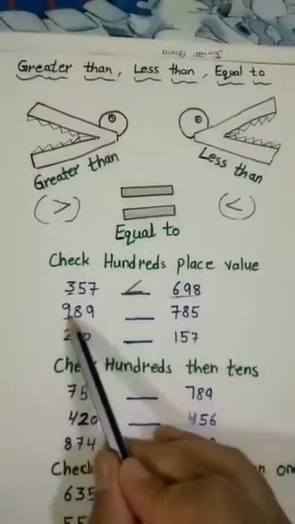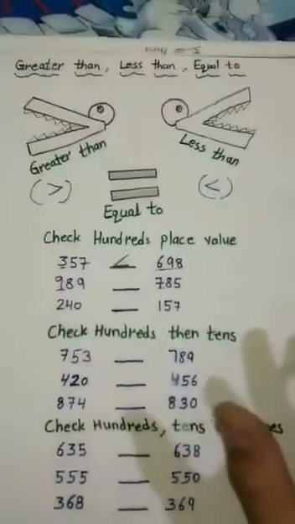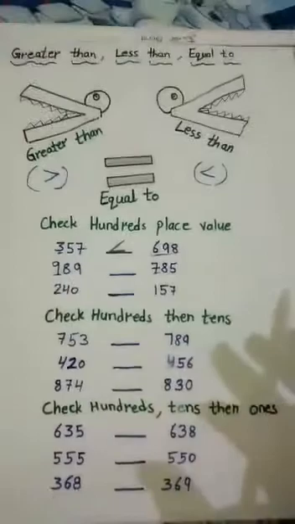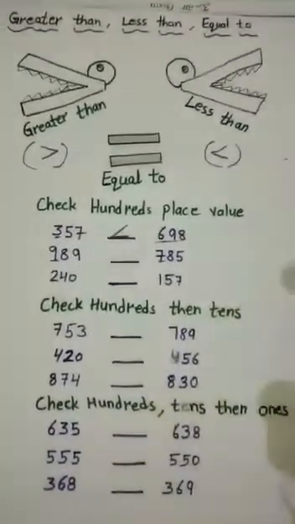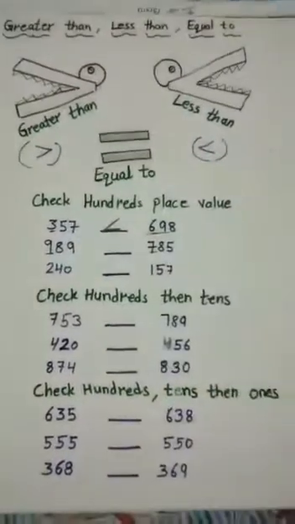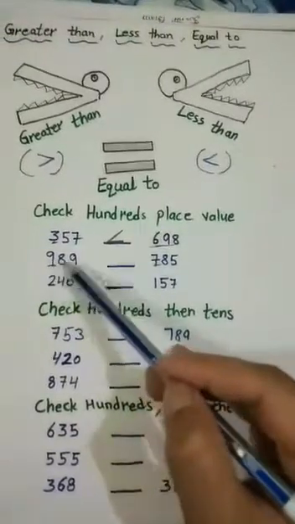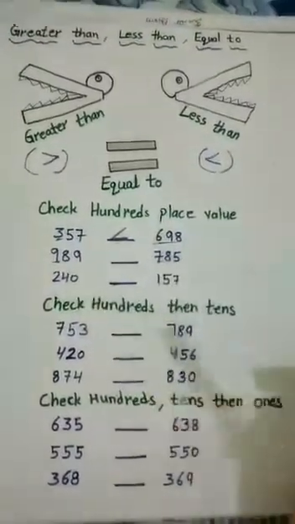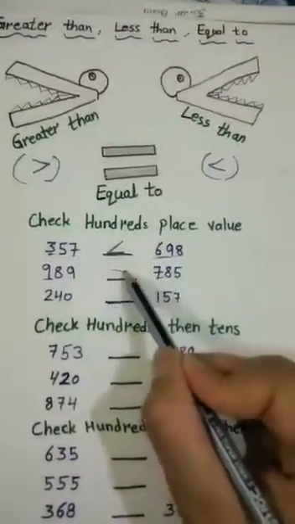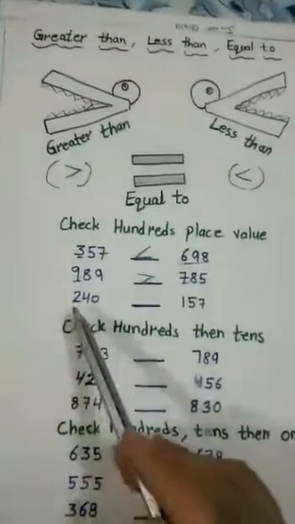Again we will check the hundreds place value. This is 9 and this is 7. And dear students, keep one thing in your mind. How will you know which number is big and which number is small? In counting, the number which comes before, meaning comes first, is the small number, and the number that comes later is the big number. So in counting, will 9 come before or after? So 7 and 9 we will compare over here. So the number 9 is big. So which sign comes here? Greater than. Which sign will come over here? Greater than.